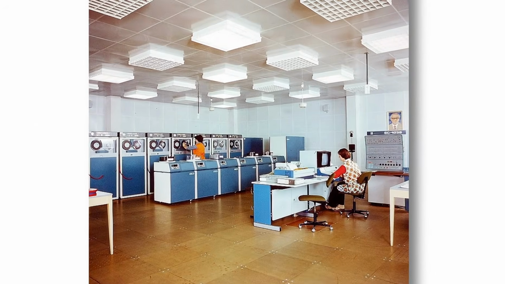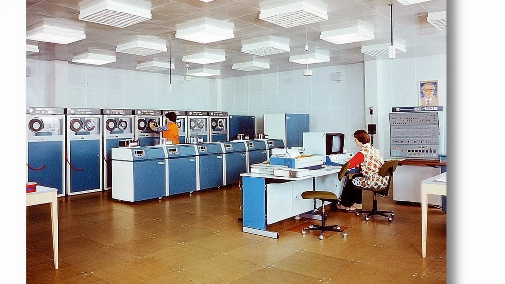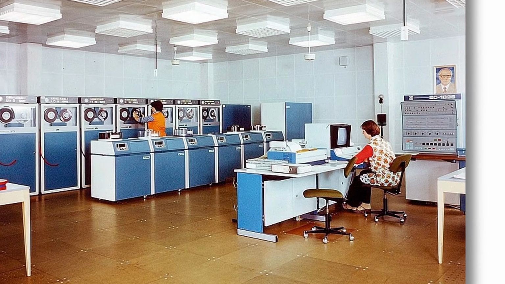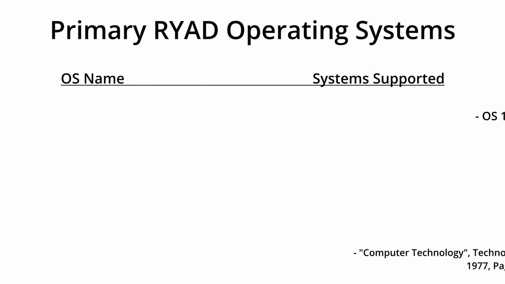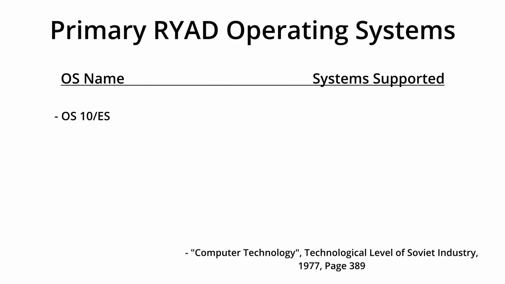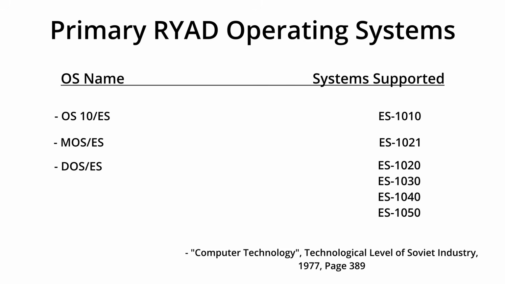RYAD systems could run a total of 4 operating systems, although it does not appear that all of them could run on any machine. Rather, the system specs of a given installation's RYAD computer would determine their operating system options. The 4 systems were OS X ES, intended for use with the lower-end Hungarian-made ES 1010 and only capable of running a single program at a time; MOS ES, aimed at the Czech ES 1021, DOS ES, which was a disk-based OS for the ES 1020, 1030, 1040, and 1050 systems with memory capacities between 64K to 128K,